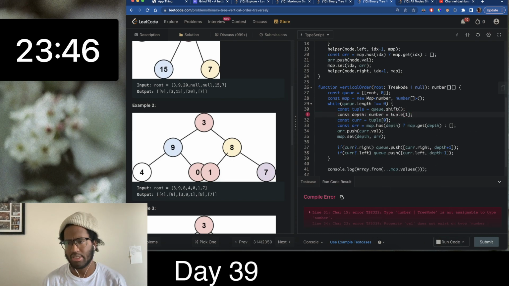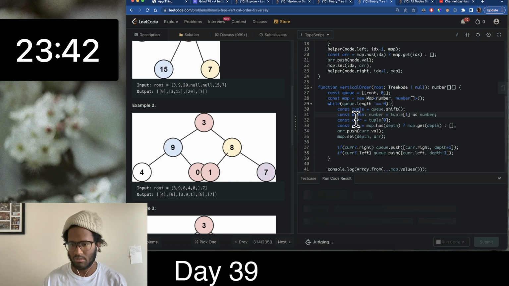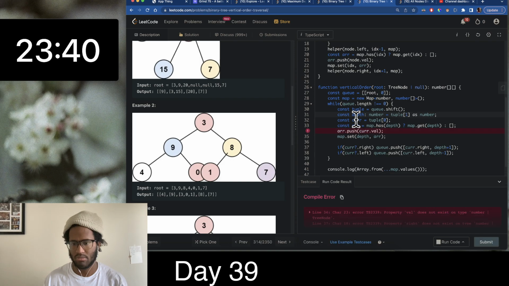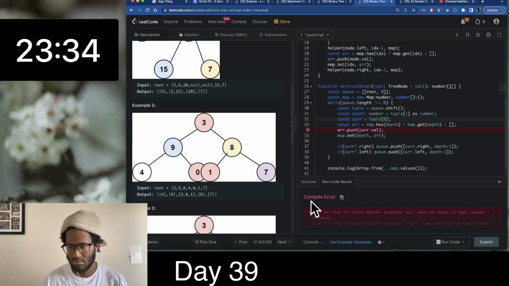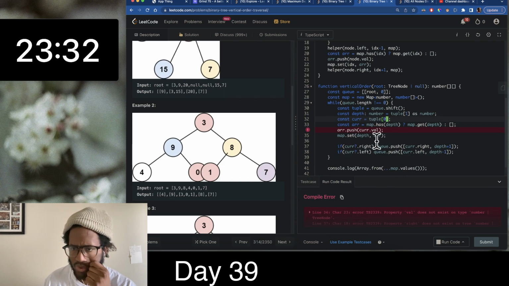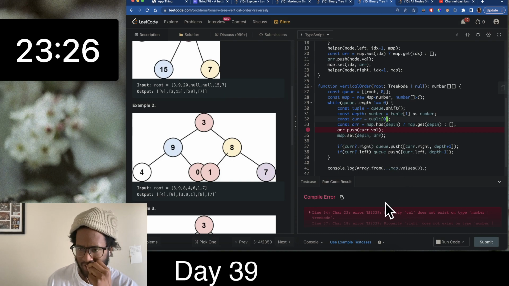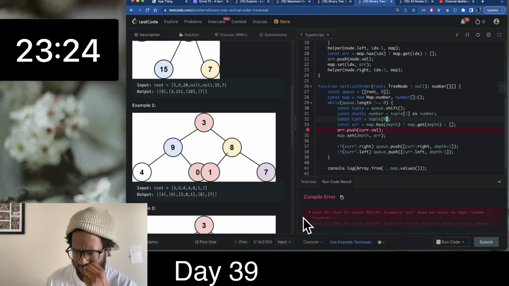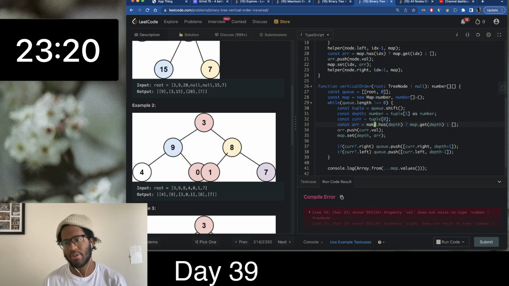Type tree node is not assignable to type number. Line 34, type val does not exist. Val does not exist on type number. Basically need